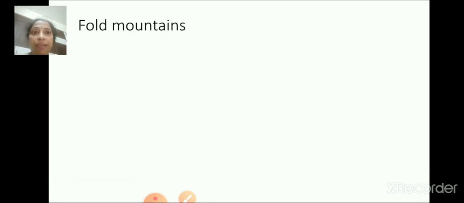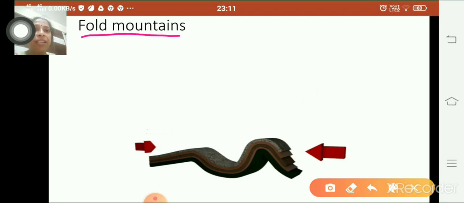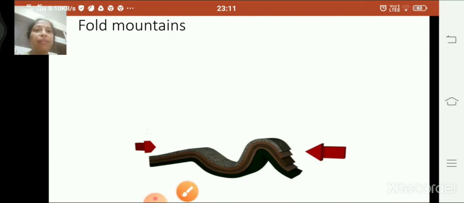The first one is fold mountains. So this is the picture given in your textbook. You all have the textbook, isn't it? So you will draw this and write the name here. Okay, you'll name it.